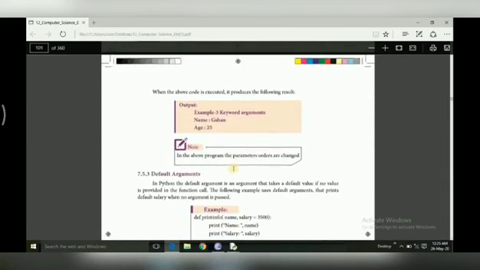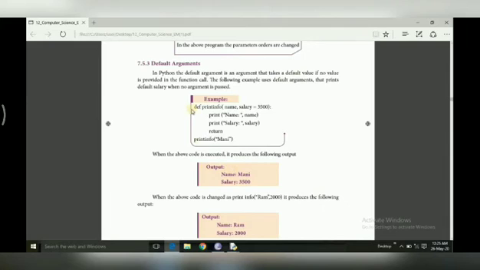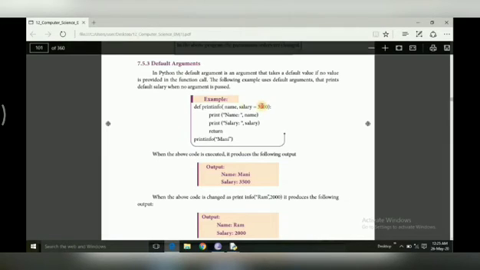Next, children, we will see the topic default arguments. If we see the example, print info is the function name, the first parameter is name and the second parameter is salary, which is equal to 3500. This 3500 is the default value set for the salary parameter.